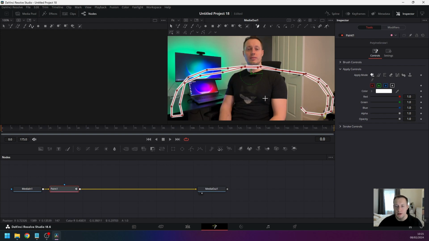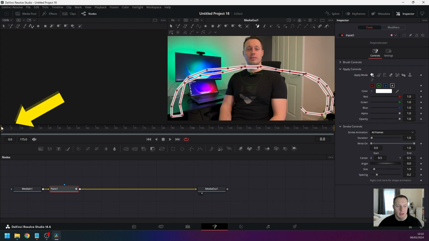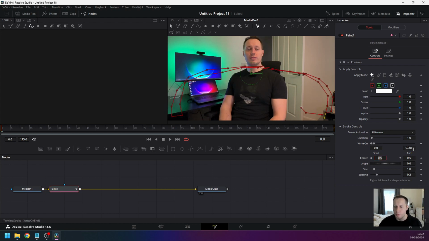Okay, now once you have the path, next thing, click on stroke controls, and in stroke controls make sure your timeline cursor is at the beginning of the video and find this end and type in 0.001, hit enter. Once you've done that, add keyframe, and now move the timeline cursor to the end of the video and change